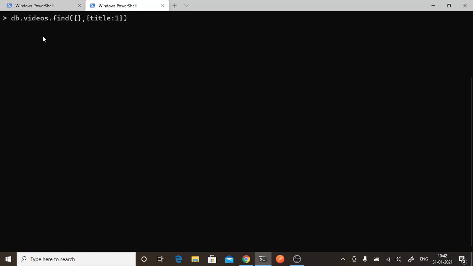So as I said here, the first argument is what I want to see, and the second argument is what fields I want to see, and in the first argument I can filter the data based on a condition. Let's say I want to see the data where time is equal to 10, where time is set to 10. I want to see only those records. So see, I am seeing one record.